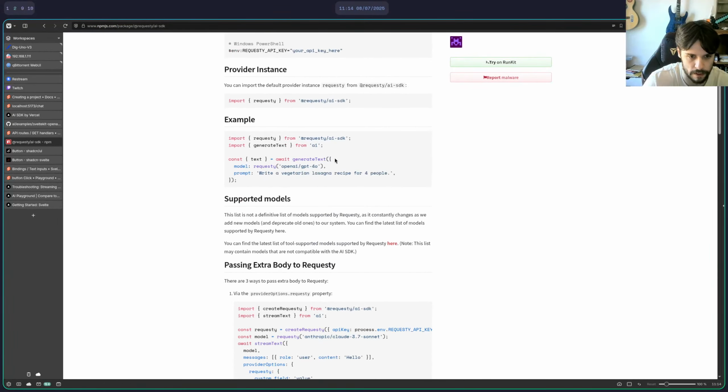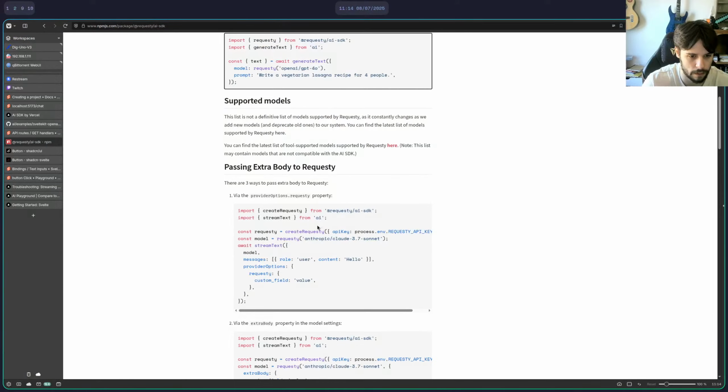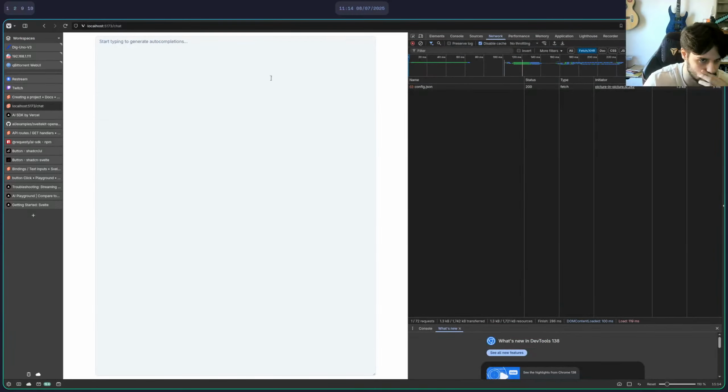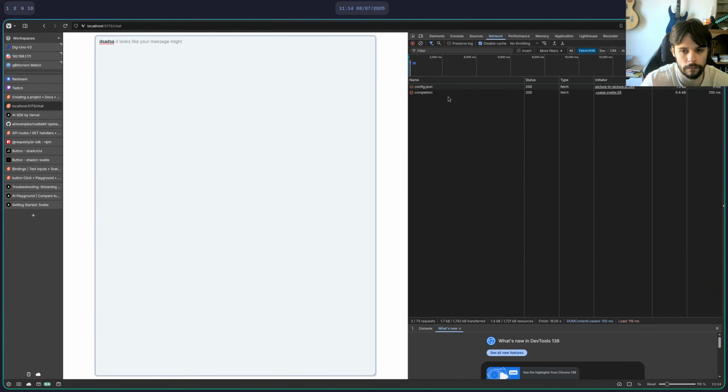Feel like I just copied that from there straight away, so okay. Let's give it a go and try another model. So we do create request the, and then we have this, and then we have that. Okay. Okay, so the other one just wasn't working.